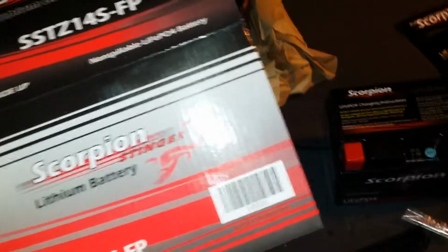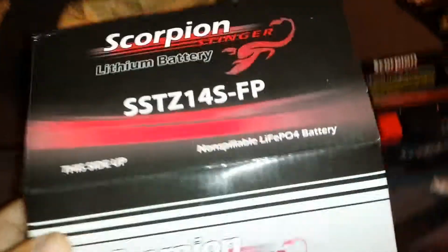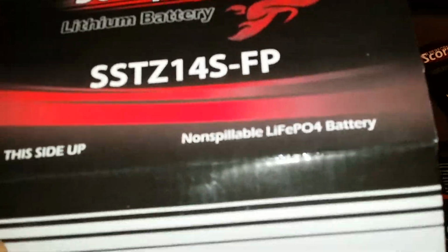Alright, so I just got this LiFePO4 battery. It's a Scorpion Stinger. That's the name of the company. There's the model number. I was really shocked with how light it was, so I thought I'd do a quick review. Here's the battery itself,